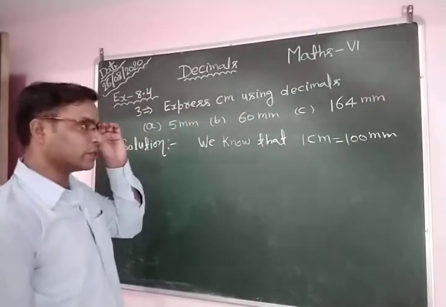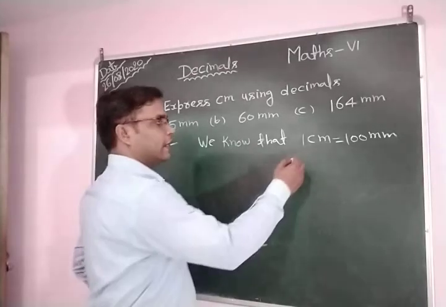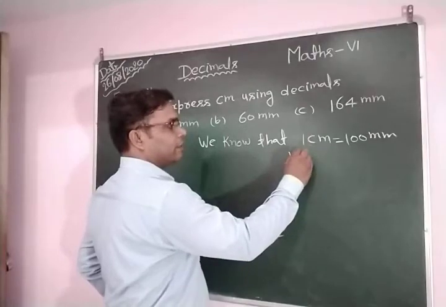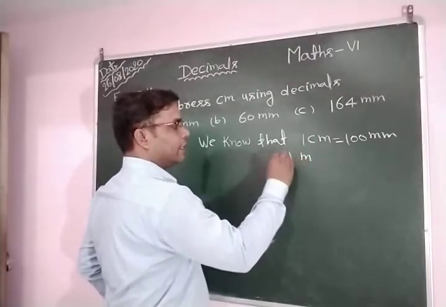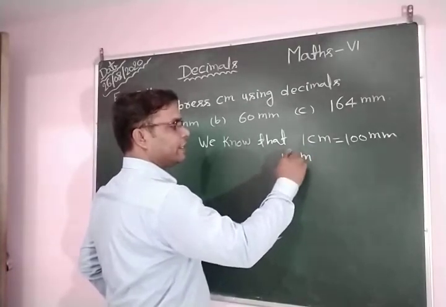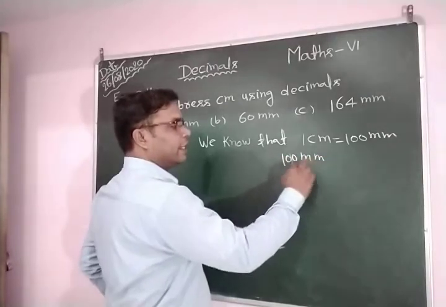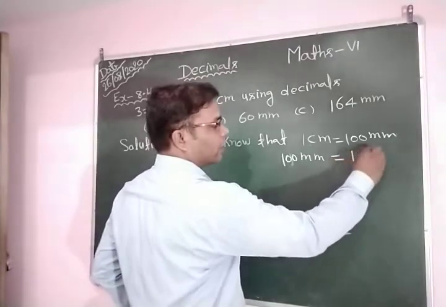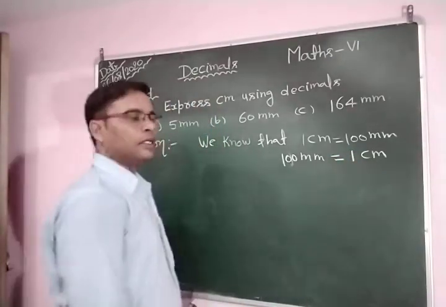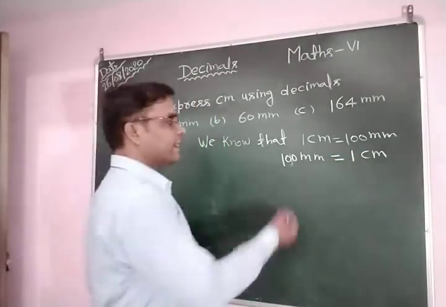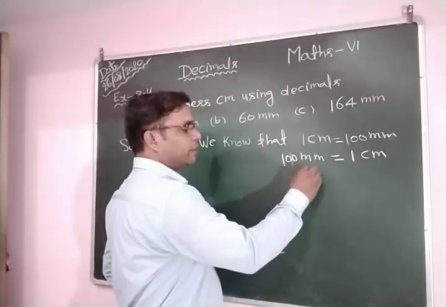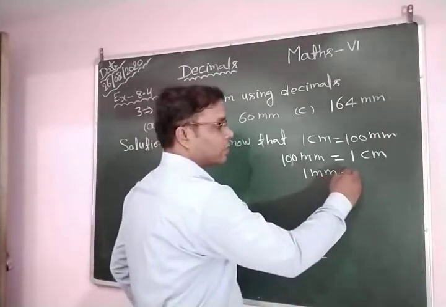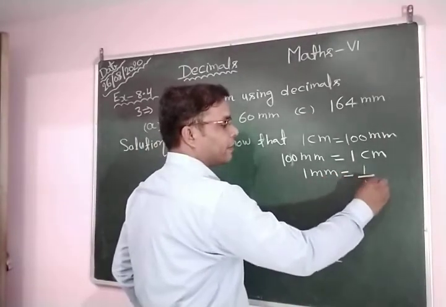So you can write 100 millimeters is equal to 1 centimeter. Also you can write 1 millimeter is equal to 1 by 100